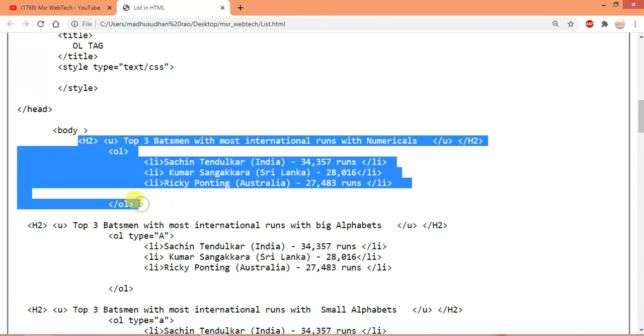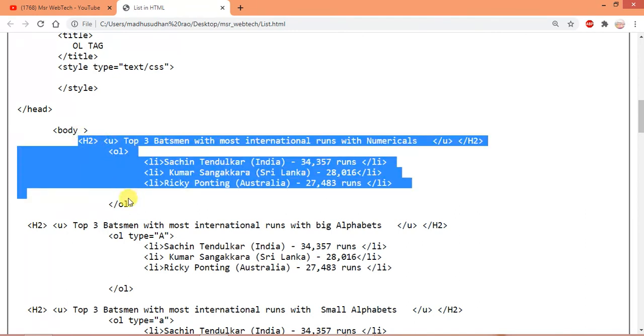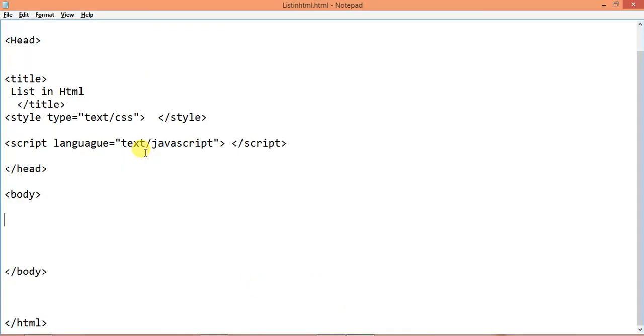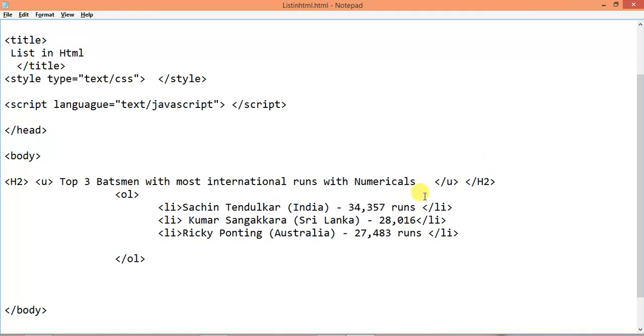Let's code this. I already coded this in the morning session. This code is common for every HTML page, and now we place the list with numericals. Here I did not specify any type. If you don't bother about that, the default value is 1, 2, 3.